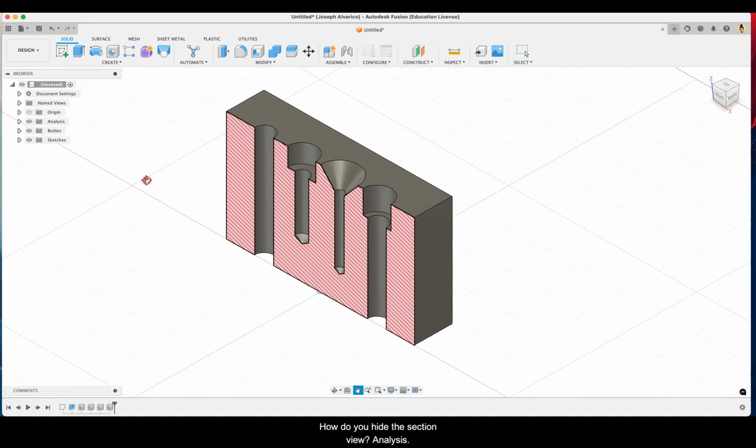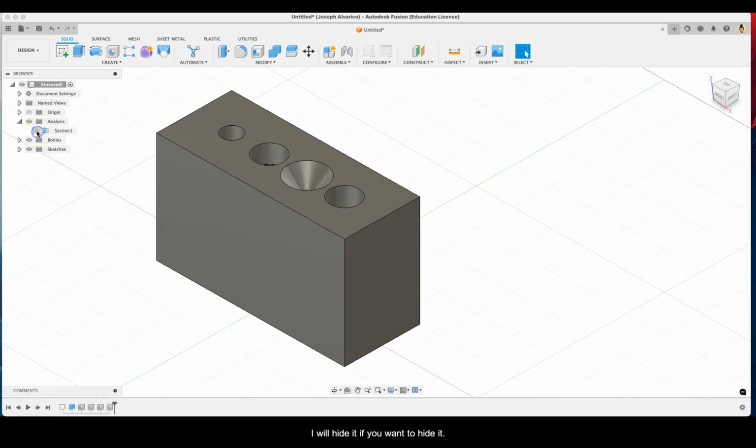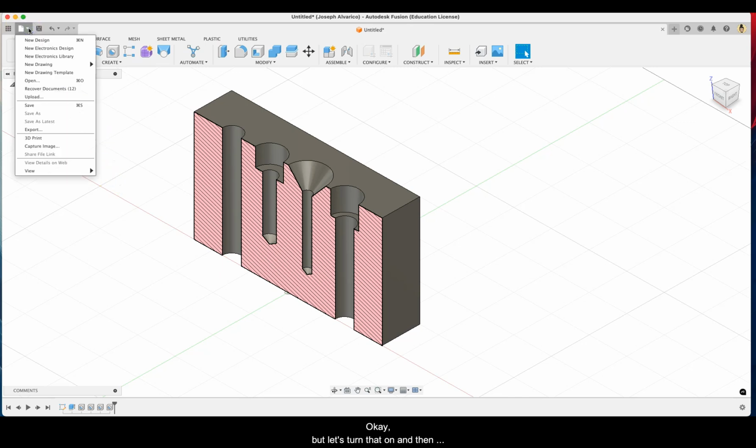Okay, so the next thing is just put it back in isometric. How do you hide the section view analysis? So right here, another folder was created. And as you can see, it says there's section 1, which you could rename if you want to, but let's just leave it like that. And then I will hide it if you want to hide it. Okay, but let's turn that on and then go ahead and export this work